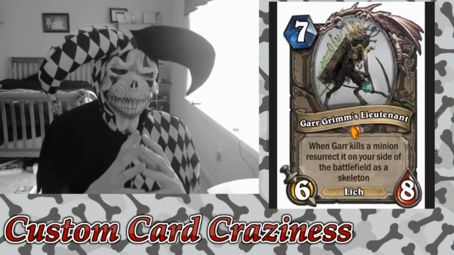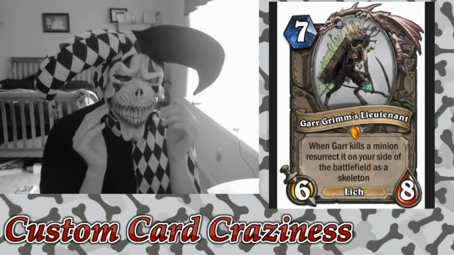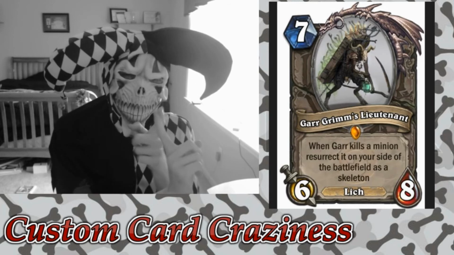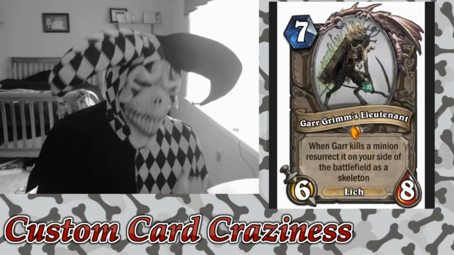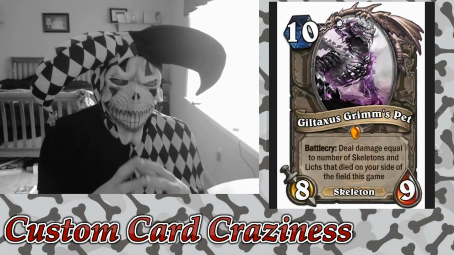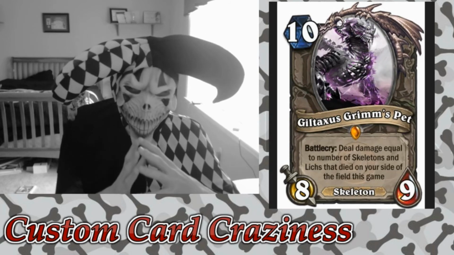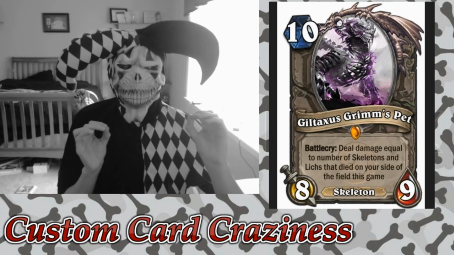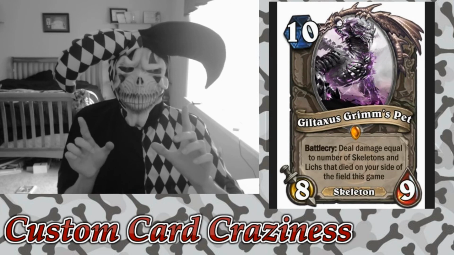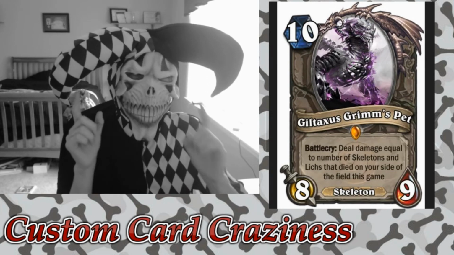And then this next guy, in addition to all the skeleton lich shenanigans, we've seen Grimm's daughter, we've seen Grimm's lieutenant in battle. Next is Giltaxis, Grimm's pet. Might as well see what pet the Grim Reaper has. 10 mana for an 8/9 skeleton. Battlecry: deal damage equal to the number of skeletons and liches